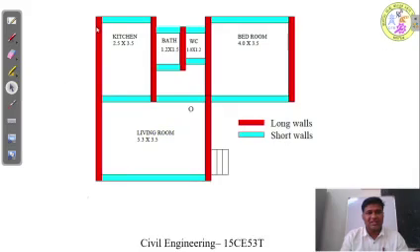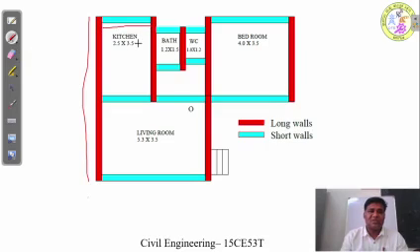Here you can see all those walls which are hatched in red color are called long walls, and all those walls which have been hatched horizontally, that is in extension, are called short walls. The long walls are called out to out method, meaning it is inclusive of the breadth on either side, and the short walls will be from the internal faces of the wall, so it will be the in to in method. It is the difference of the center to center line distance and the breadth.